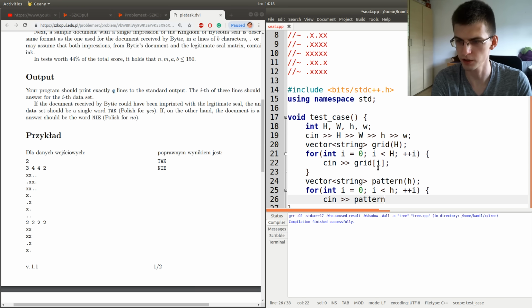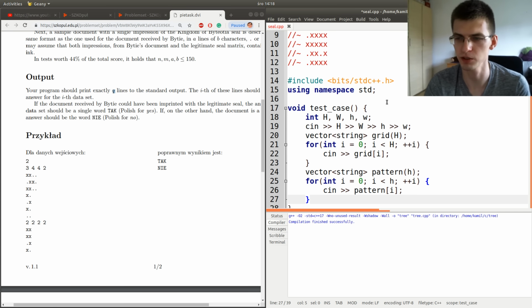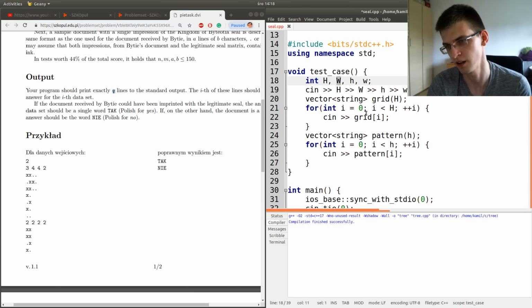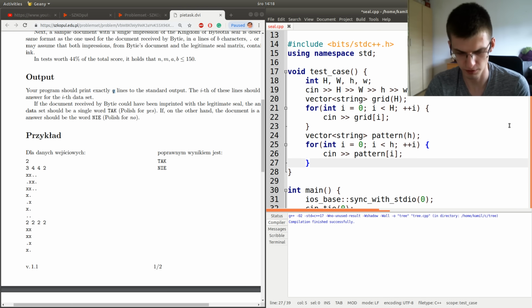Of course, because I named it this way, I must be careful about uppercase and lowercase, especially W. Maybe it wasn't a good idea to name it W because the small and big letter are very similar. But let's go with this.